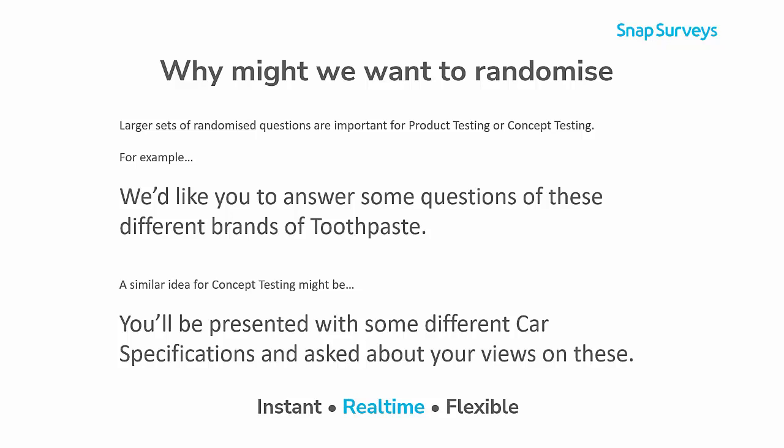This larger set of questions being randomised is then exaggerated with such examples including product testing and also concept testing. Here an example question might be, we'd like you to answer some questions based on these different brands of toothpaste, and rather than always displaying the cheapest or the most expensive first, or perhaps the own brand first and then followed on by the more leading brands, the different brands are actually presented in a different order each and every time a different respondent fills in the